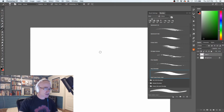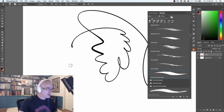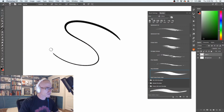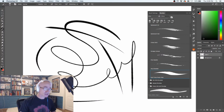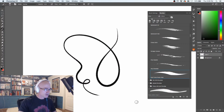And that leaves us with the Trusty Rusty. So the Trusty Rusty is the last of the inkers right here. And this one, again, based on the Mr. Natural brush that was a really big popular one in the Mega Pack ink box. The difference being that with this brush, I get a slightly more crisp look to the lines that I draw. It's not quite as soft as Mr. Natural. And really a good one for comics artists who like the thick and the thin, like this, but also